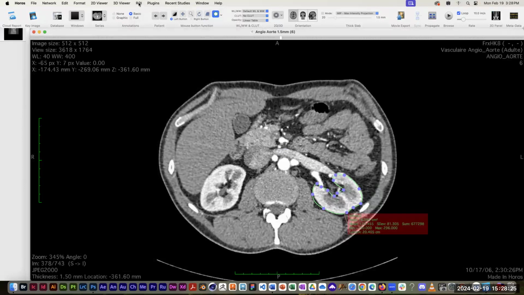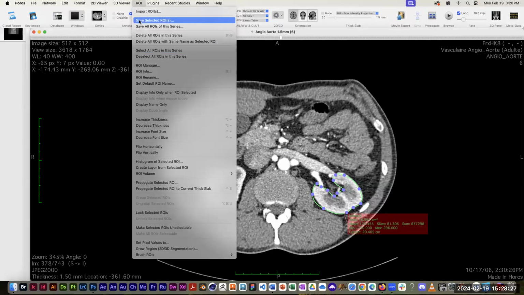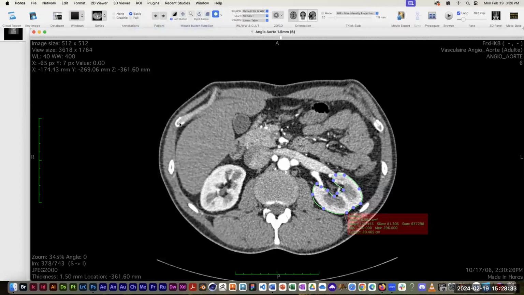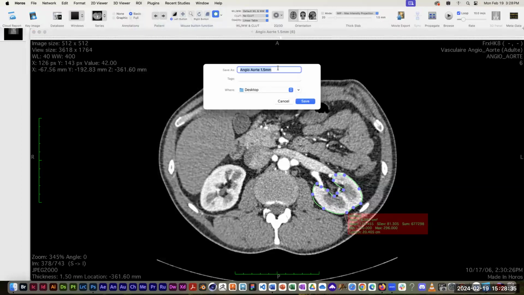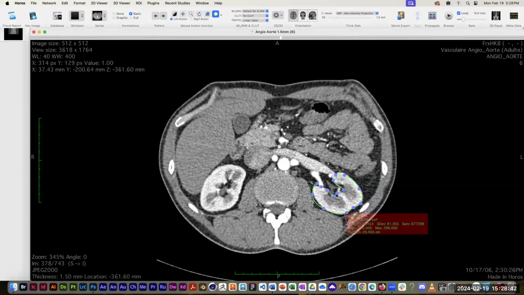At this point, if I wanted to, I could save all of the ROIs in this series, which are all now renamed kidney 2. So I could call this kidney 2 or something like that, and save that, and then I could reopen it at any point I wanted to later. But one of the most important things is